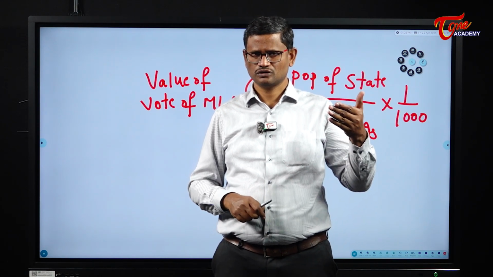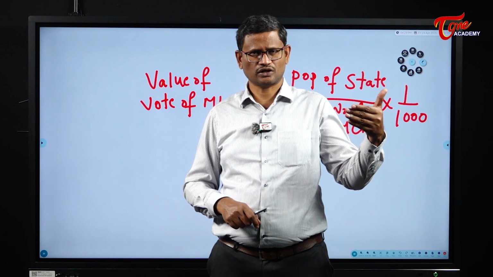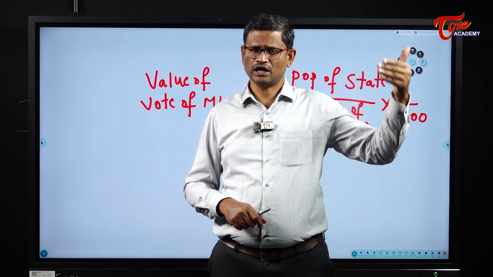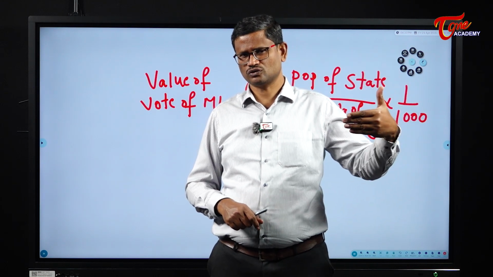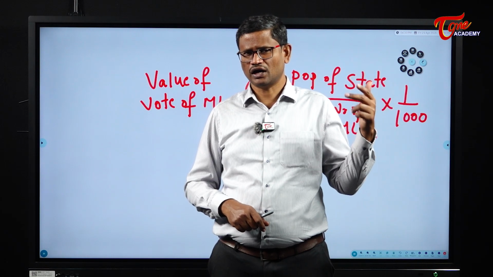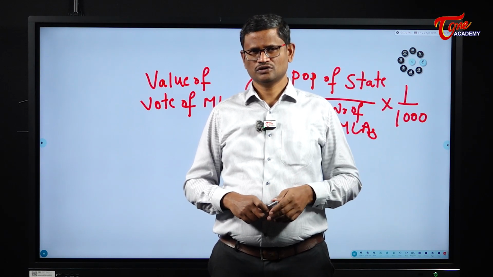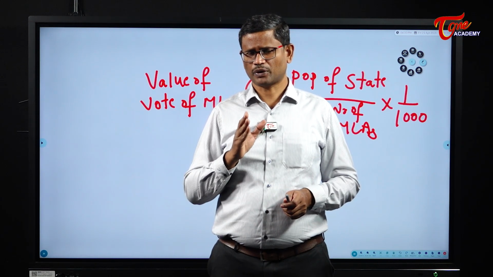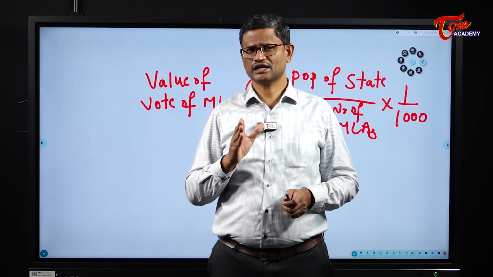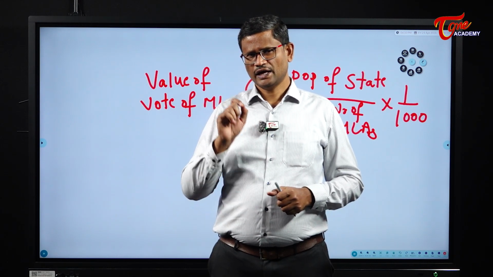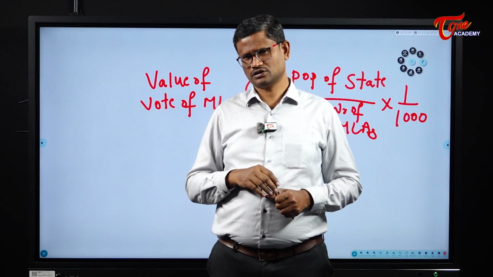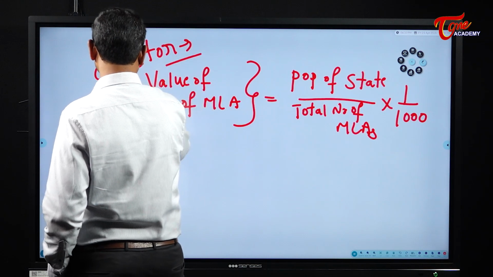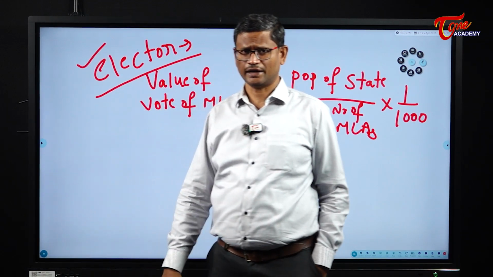In other words, in India, while conducting elections to the office of the president, the value of the votes of all elected MLAs is equal to the value of the votes of all elected MPs of the parliament. So the election of the president is done by means of proportional representation by single transferable vote. The members of the electoral college are called electors.